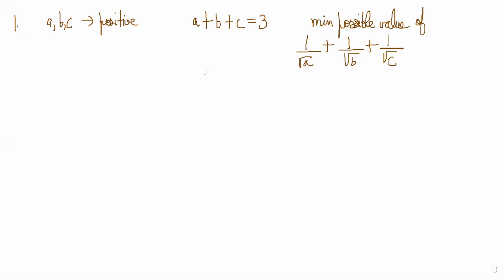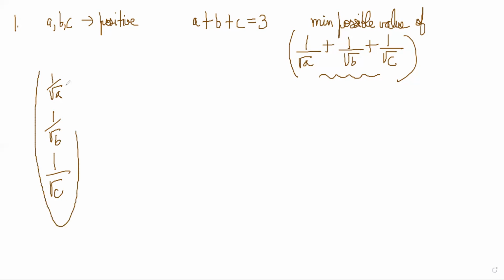So the idea is to take sequences so that we get this as a term, right? So we have to think of some terms which have 1 by root A, 1 by root B, 1 by root C, right? If we can think of something like that, it will be easy for us. So what can we see? If I take a sequence like this, 1 by root A, 1 by root B, 1 by root C, I'm writing my row of numbers. So rows and columns of numbers. So if I take it like this, I remember that I have to do a column sum here, right? So that will come here, no? 1 by root A plus 1 by root B plus 1 by root C.